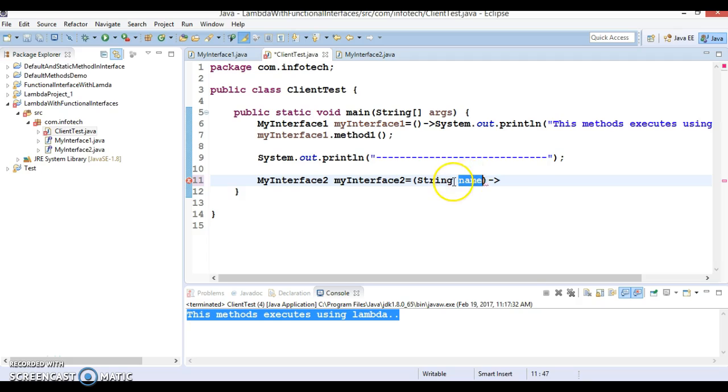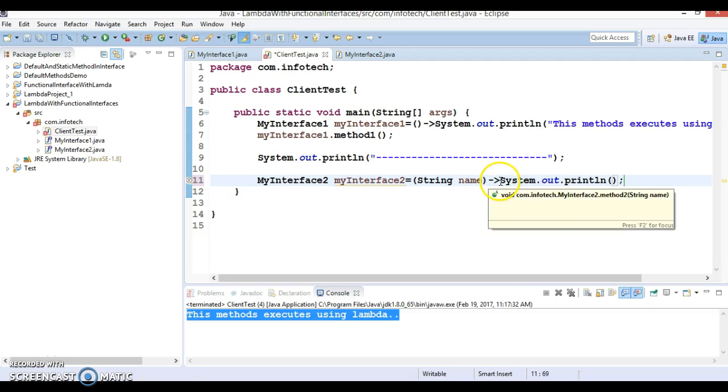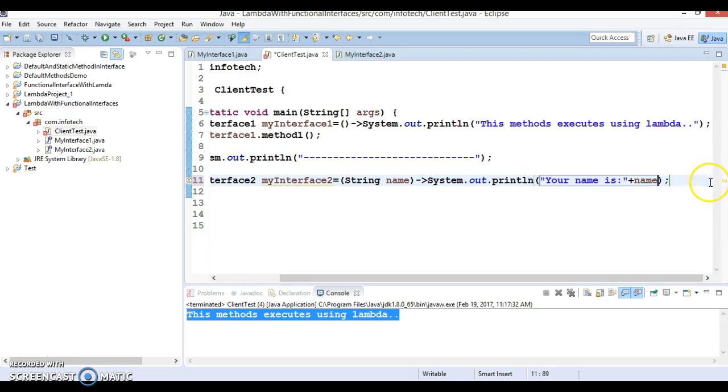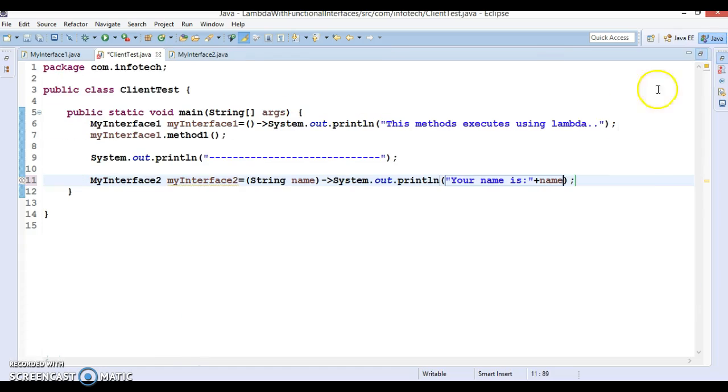Now you can make use of this argument in the lambda expression. Here I'm going to specify only a single statement, so you don't need to write the open and close braces. Here you can say "your name is", and print the name over here. Okay, so this is our second lambda expression.